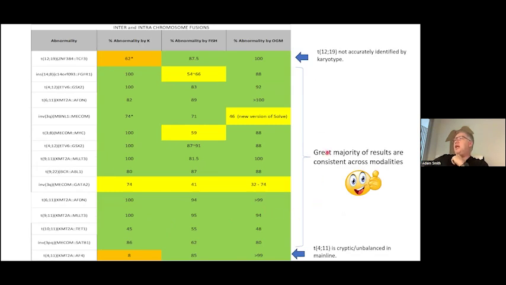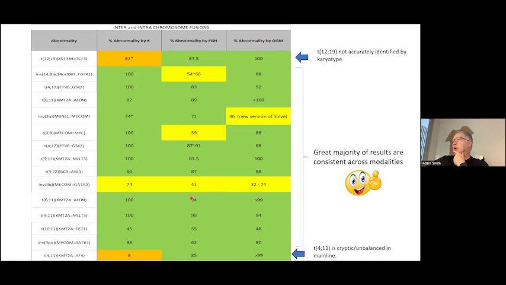And then this is the same for a whole bunch of structural variants. So again, you can see, basically actually here much more consistent overall in terms of the concordance between techniques. This, just a note here, this one wasn't actually identified as a 12;19 by karyotype. I think it was an add 12, add 19. So we saw the 12 and 19 at roughly that percentage. So again, it was close, but